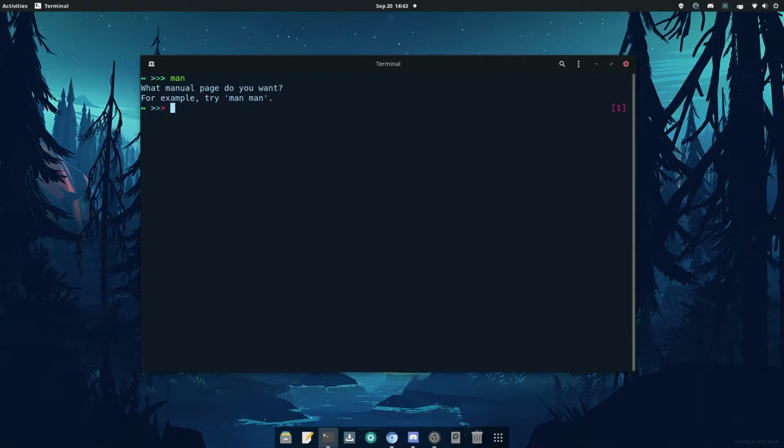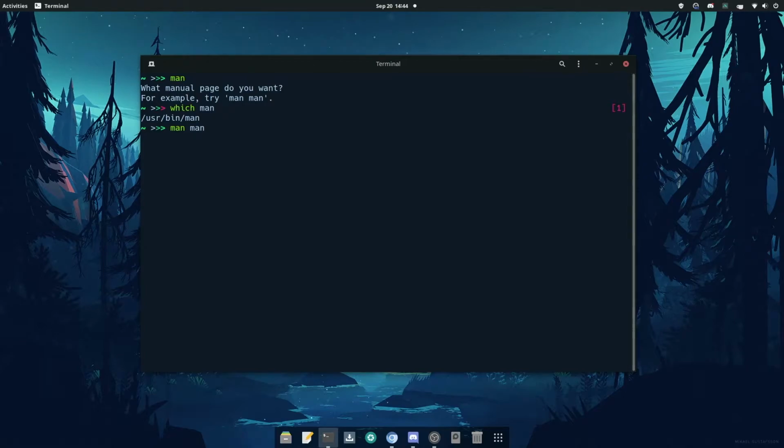Okay. So man is a program like all other commands that we discussed earlier, like ls, cd, etc. By using which we can see in which directory the man program exists. Here you can see it exists in /usr/bin/man. The most beautiful thing is the man command comes with a manual page. Yes, that's right. We can read the manual page of the man command to use the manual. That's an amazing touch. Here I'm just going to type man man